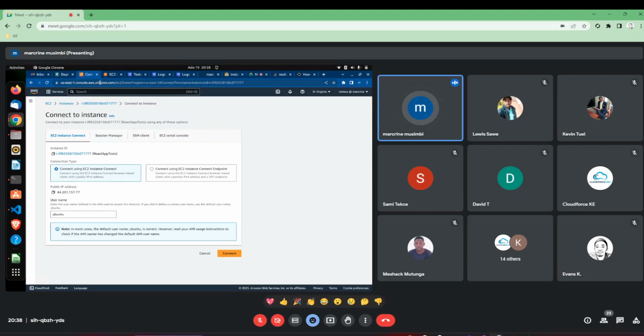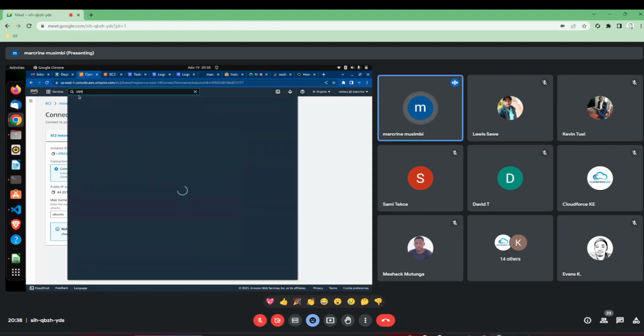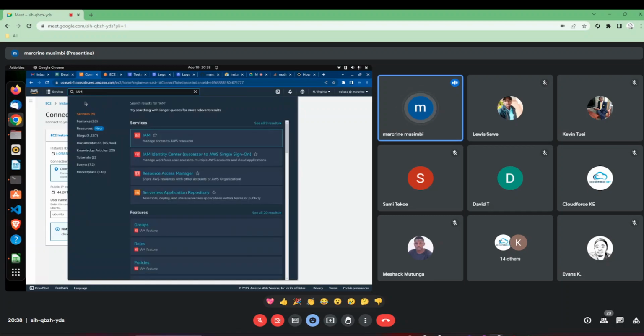The first step of building a CI/CD pipeline is to create IAM roles. The first IAM role is for an EC2 instance, so that it can access the files in the S3 bucket. And the next role,